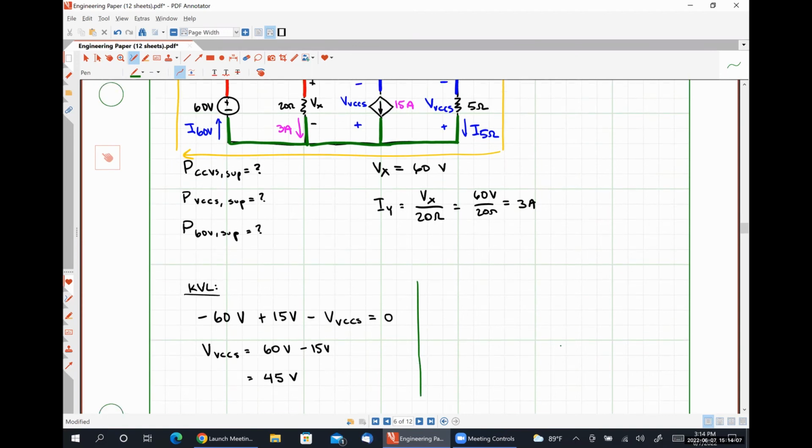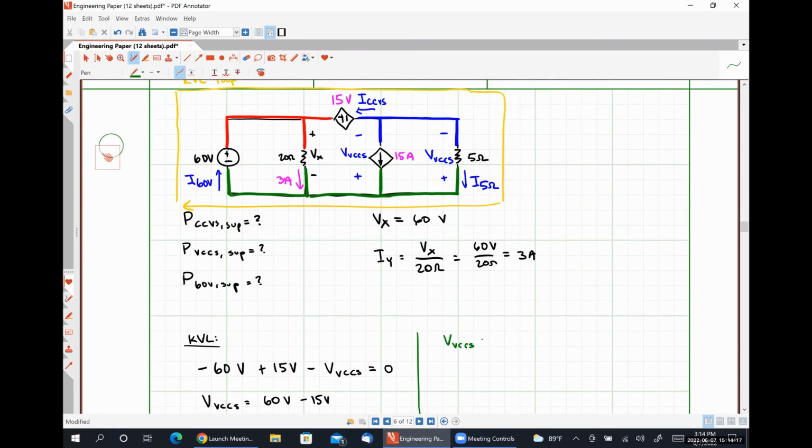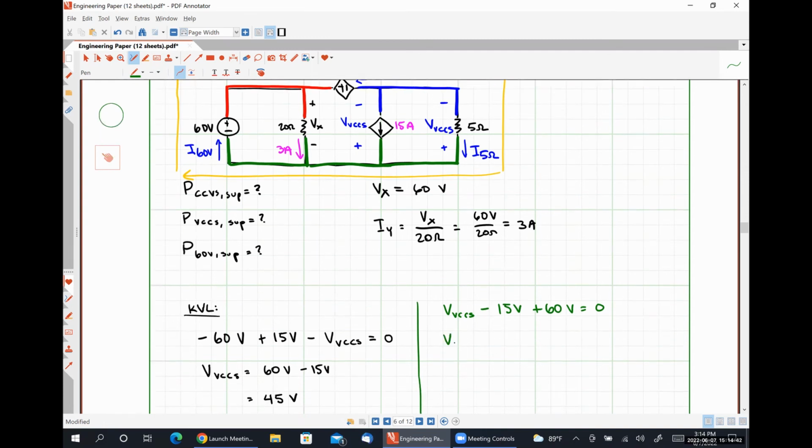So if we went counterclockwise, the first thing we would see would be the positive polarity terminal of VCCS. Then we would see the negative polarity terminal of the 15 volt source. And then we would see the positive polarity terminal of the 60 volt source and set this equal to 0. It's literally the exact same expression that we just got, except multiplied by a factor of -1 because we're going in the opposite direction. When we apply our algebra, we would have VCCS is equal to,